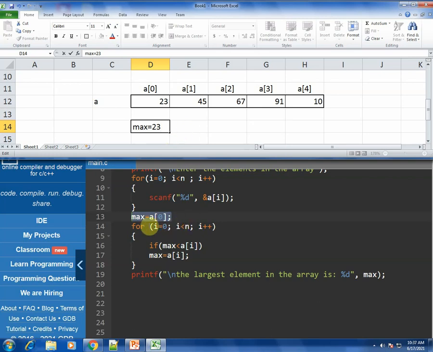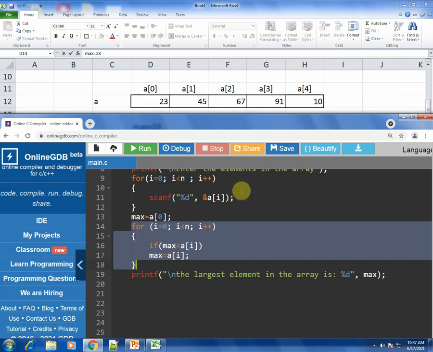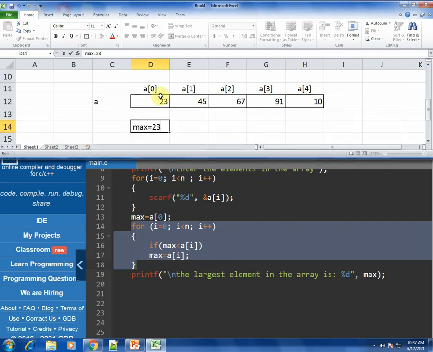So the first thing which happens after this, what you have to do is execute the for loop. Okay, so let us now execute the for loop with the example. So first time I will be 0. So when I is 0, that time you have to check if max is less than a of I. So first time when I is 0, a of I would be a of 0.